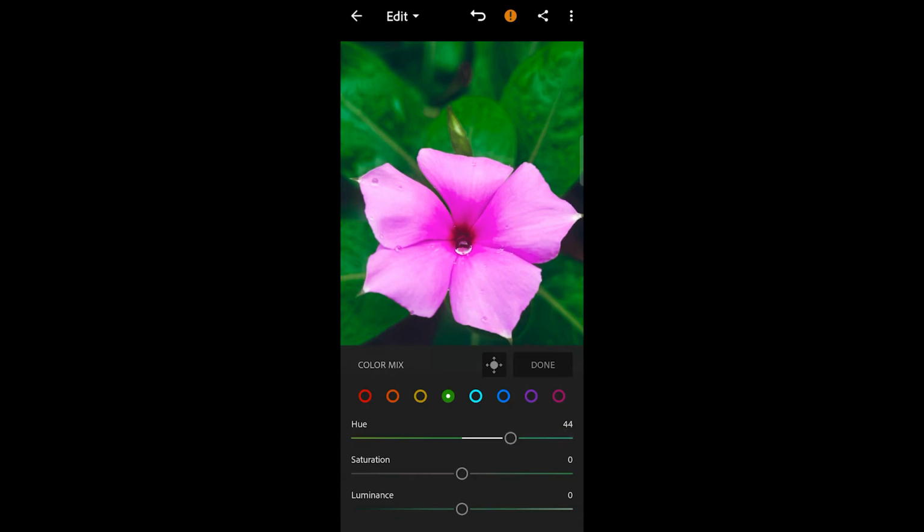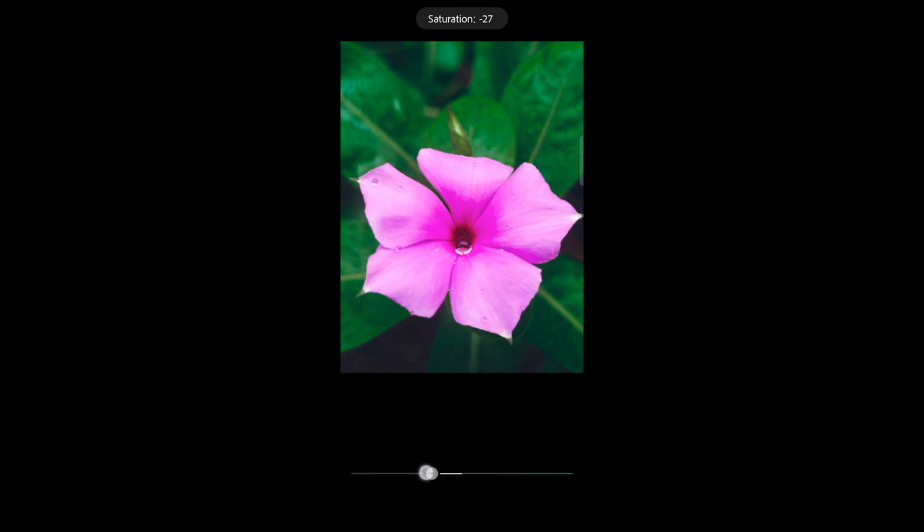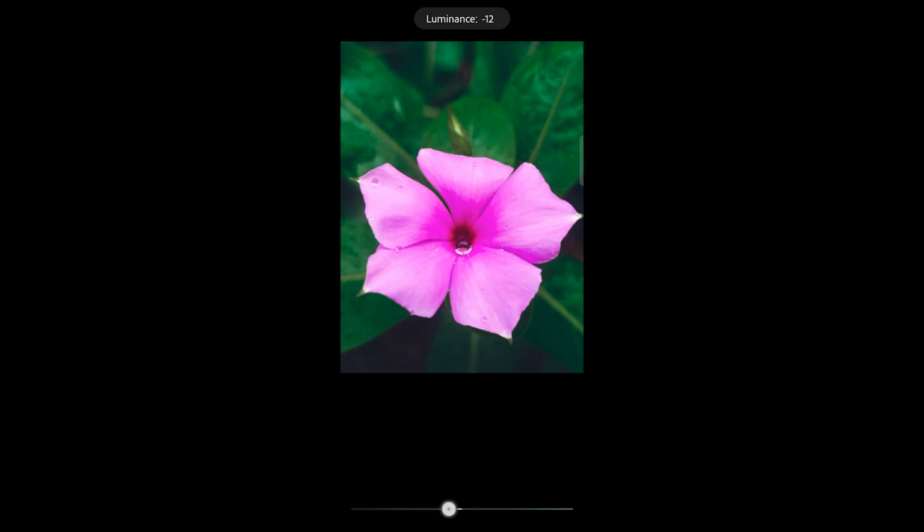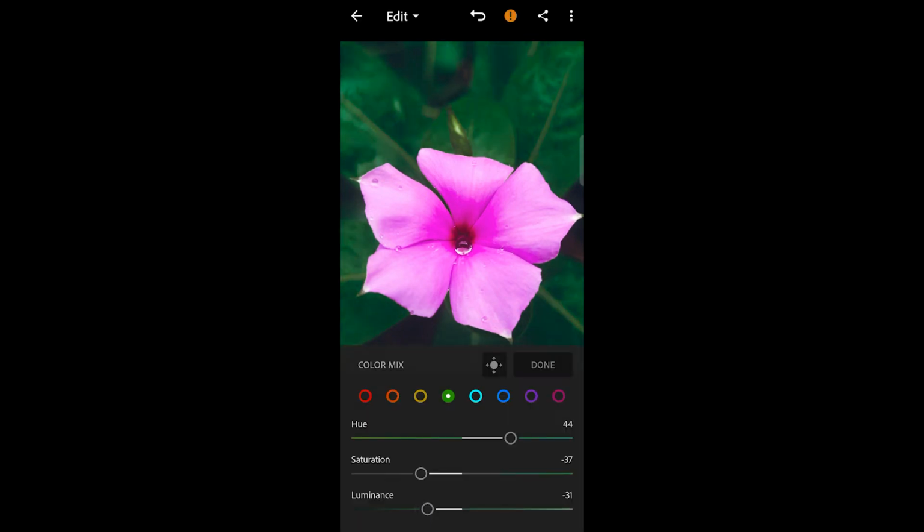Yeah, 44, and maybe I'll go less saturation with 37 now, maybe 36. This looks pretty good, and I'll reduce the luminance to maybe around -31. Now see, you're already looking how contrasty and awesome it looks. Okay, and then let's go with, okay, let's get 37. I think this looks pretty better.